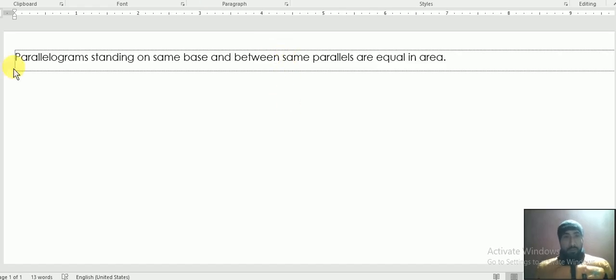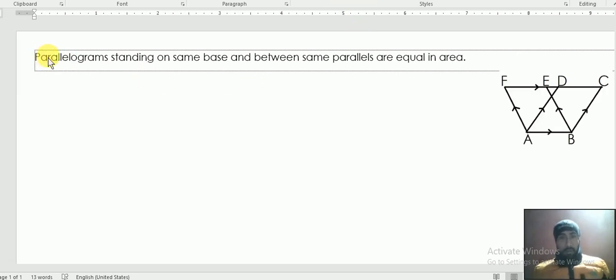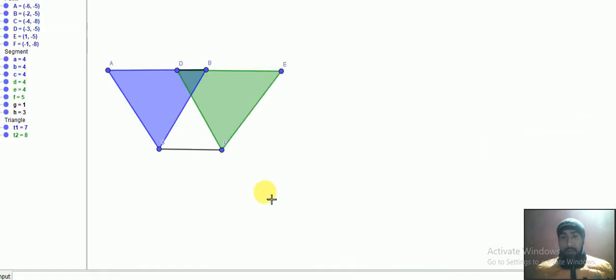Hello students, today we are going to have a discussion on the theorem: parallelograms standing on the same base and between the same parallels are equal in area. So first of all, let me draw a figure. Regarding this theorem, what I found in most of the students is, when the figure goes like this,